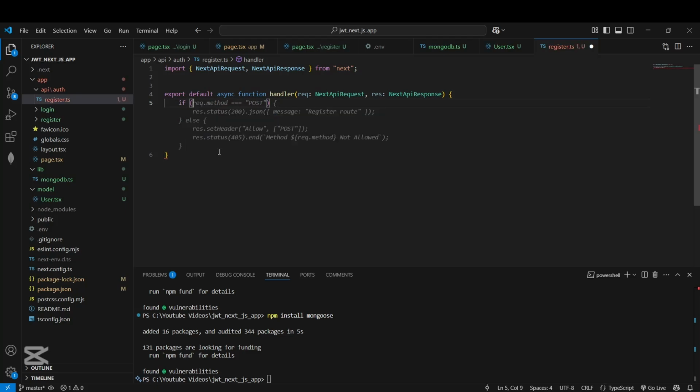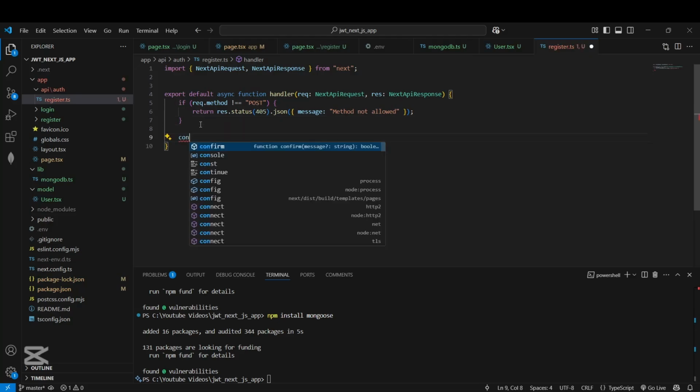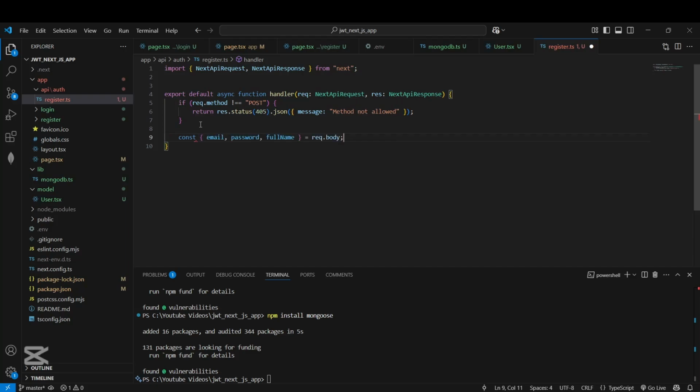So if request dot method is not post, then we can return response status 405. Okay, we can use this, and send message method not allowed. Then we can use email, password, and full name from request body,